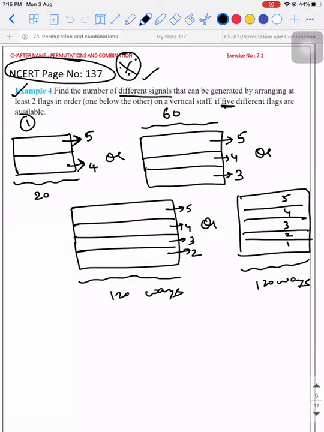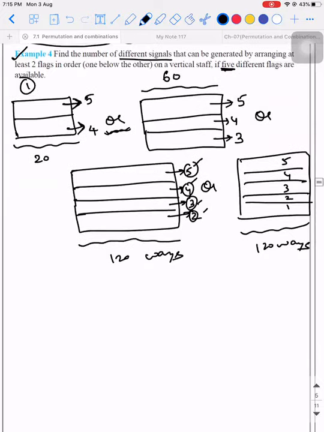Okay. So this 5 and 4 and 3 and 2, this 'and' is like intersection. Intersection means multiplication. So that is why you multiplied 5, 4, 3 and 2. That is why you got it as 120. Whereas this 'or' is like union. Union means addition. So what I'm trying to say is you can either form 20 2-colored signals, or you can form 60 tri-colored signals, or you can form 120 4-colored signals, or you can produce 120 5-colored signals. Am I clear?